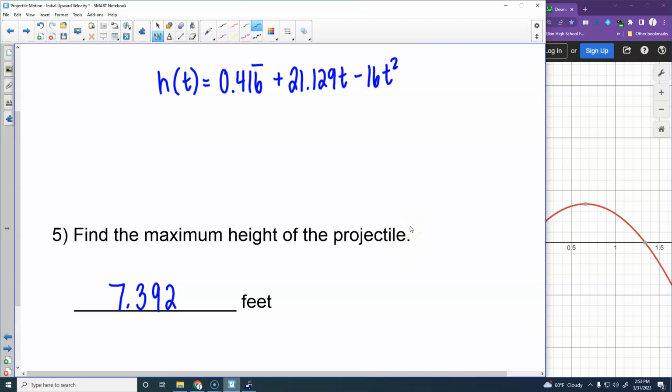Okay, questions? All right, we got 17 minutes. You have projectile motion number 3 that you're going to do for me. You probably have room on the back of those notes if you want to use that, or whiteboard if you would like to work out those problems, because for initial upward velocity on most of these, you're going to have to do some writing out of the equations. So go ahead and